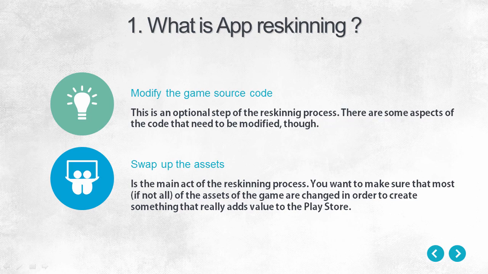Let's start with the basics though. What is reskinning and how does it apply to a mobile game? In the mobile game industry, think of reskinning as modifying the look of the game. That includes artwork, in-game characters, backgrounds, etc., and the sounds and music in the game, while keeping the actual gameplay unchanged. Graphics, sounds and music are known as game assets, so I will use that terminology from now on.